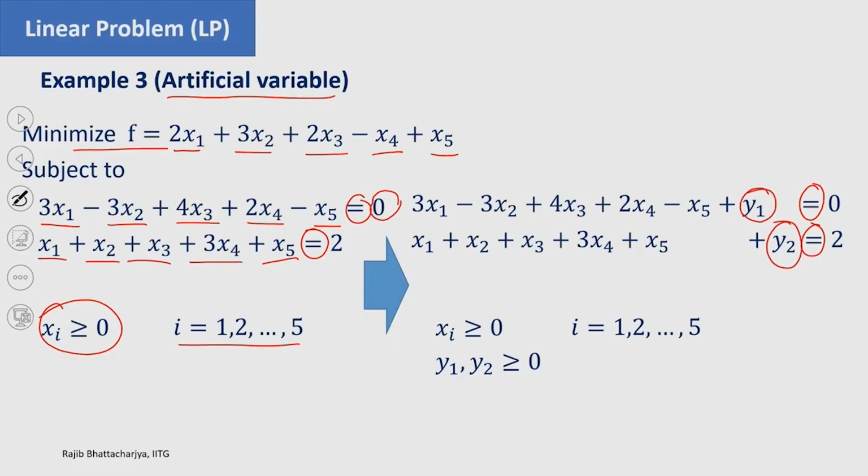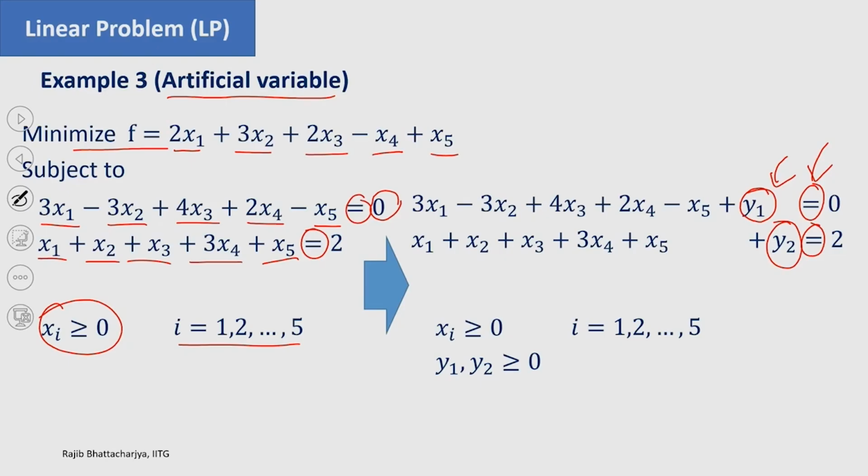y2. Now, once we are putting y1 and y2, this equality sign is not actually valid, and basically you have disturbed the equality sign. Earlier we added a slack variable in order to make it equal, but in this case it is already equal, and you are adding a variable and this variable will disturb the equality sign. So, you cannot actually write this is equal to 0,